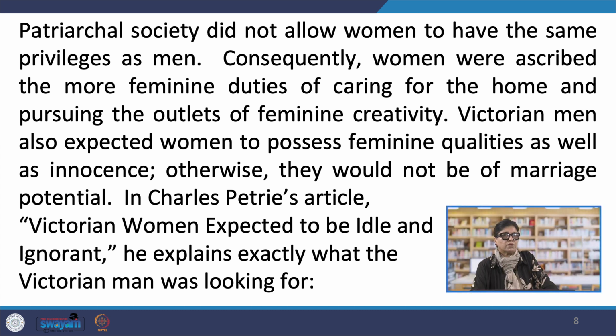Consequently, women were ascribed the more feminine duties of caring for the home and pursuing the outlets of feminine creativity. Victorian men also expected women to possess feminine qualities as well as innocence. Otherwise, they would not be of marriage potential. In Charles Petry's article, Victorian Women Expected to be Idle and Ignorant, he explains exactly what the Victorian man was